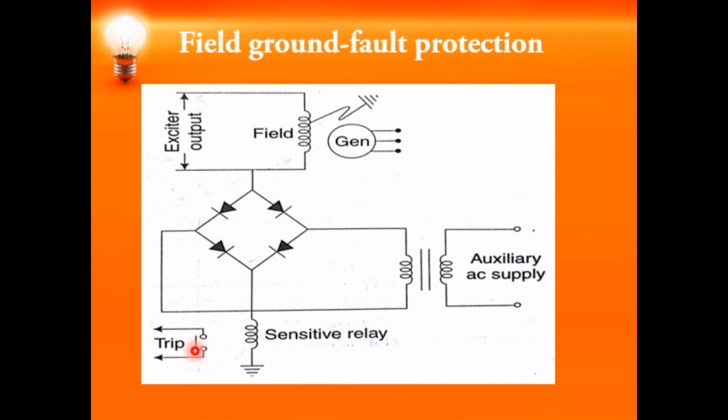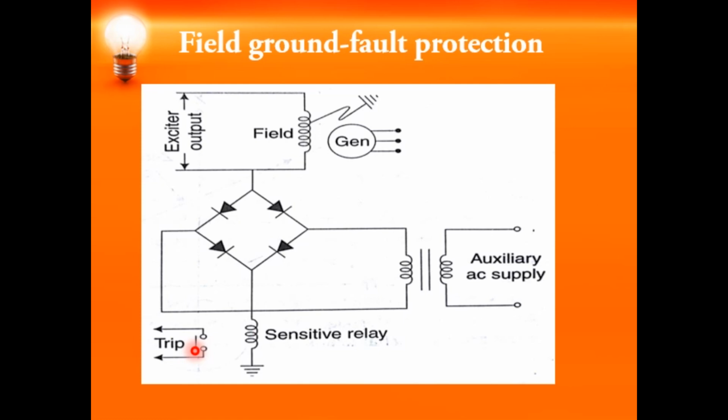It indicates that a fault has occurred, so there should be an immediate way of clearing it. That means whatever load is there on the generator has to be removed, and the section has to be shut down as quickly as possible. That needn't always trip. But in the case of brushless machines, the main field circuit is not accessible.